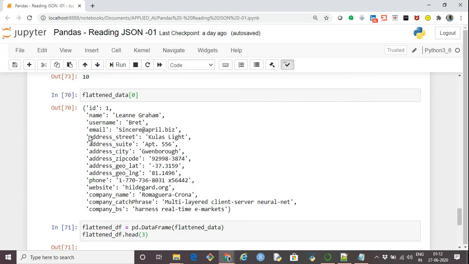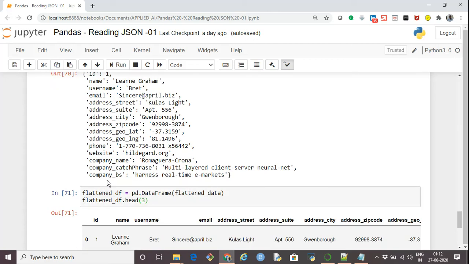For ID, name, username, and email, it is fine. For address, it created address street, suite, city, zip code, latitude and longitude. Phone and website are fine, and for company it created three columns, because it had a dictionary with three keys: name, catchphrase, and BS.